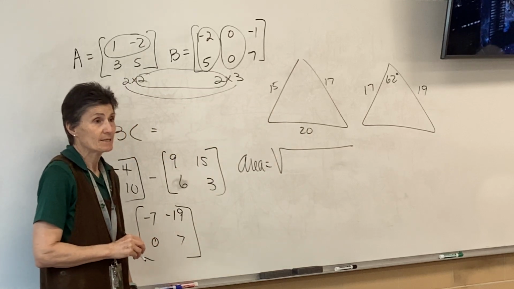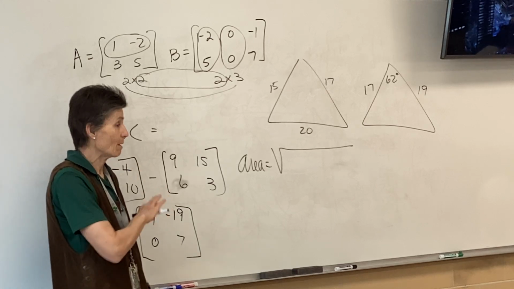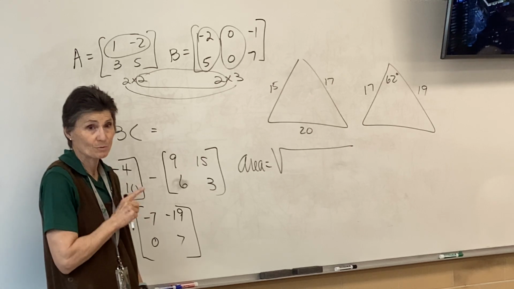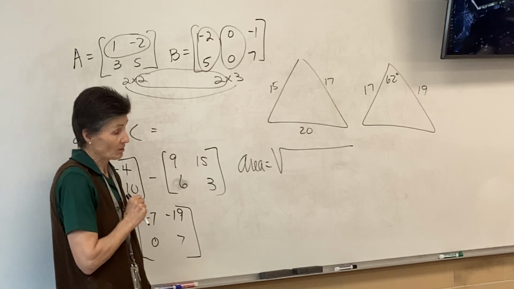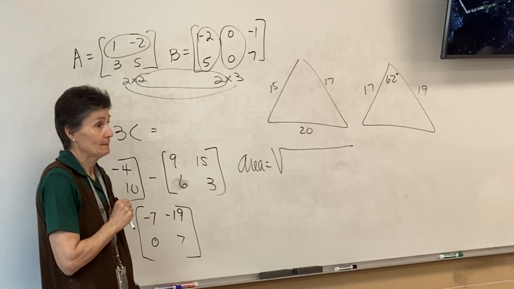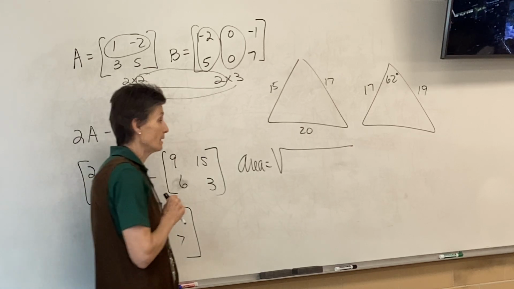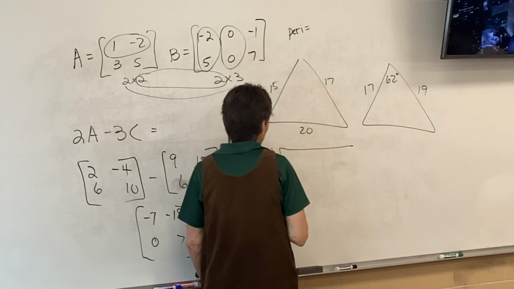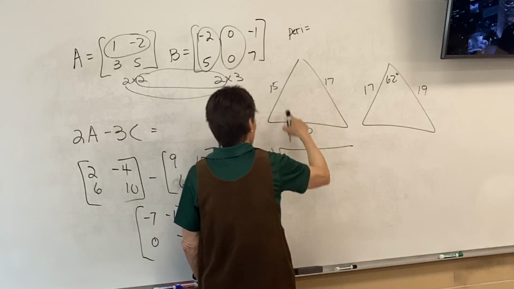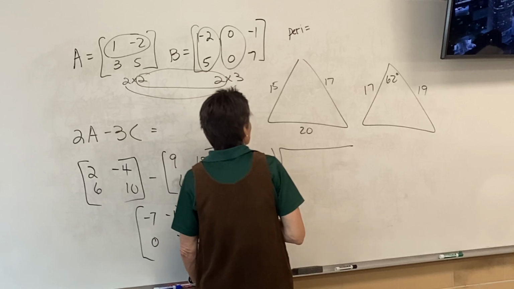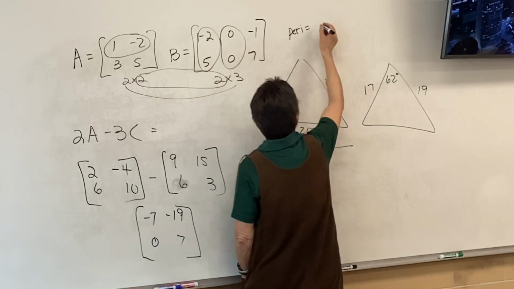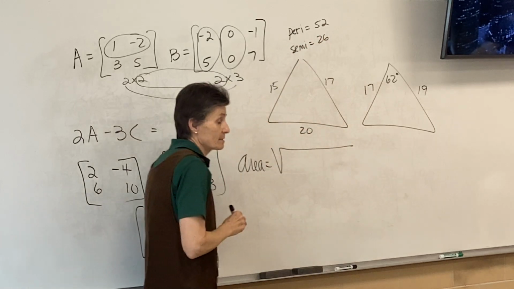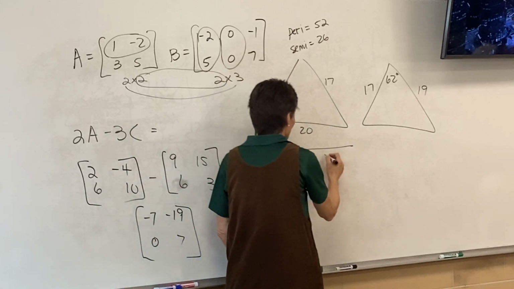What do we need to know? The formula is written down, but it doesn't do any good if you don't know what all those things mean. What do we need to find to use Hero's formula? To do Hero's formula, we need the perimeter. What's the perimeter? I'm doing this one first. What's the perimeter of this guy? 52? And then we need half of that, which is 26. So in the formula goes a 26,